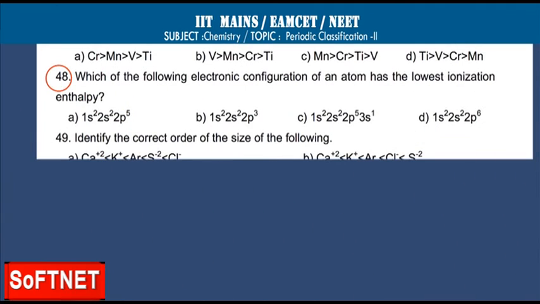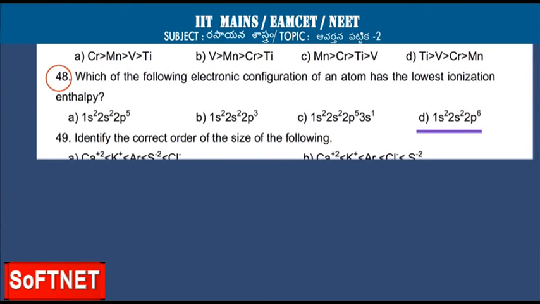Next question, which of the following electronic configuration of an atom has the lowest ionization enthalpy? Electronic configurations specified are A. 1s2 2s2 2p5, B. 1s2 2s2 2p3, C. 1s2 2s2 2p6 3s1,